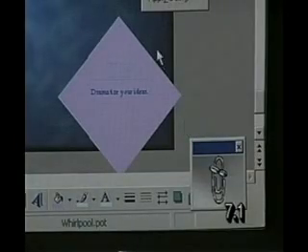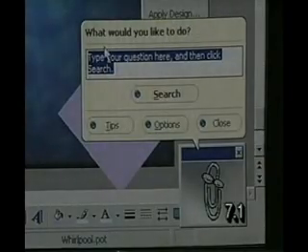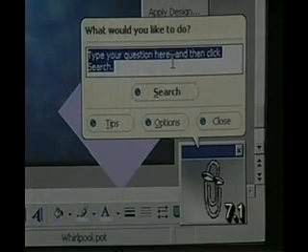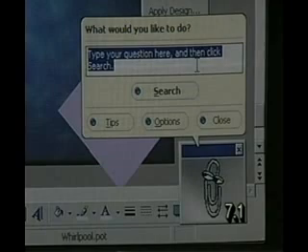Sometimes, in working with PowerPoint, you're simply going to want to search for a topic. For example, maybe you want to learn about notes pages. So, in order to search for that topic, you can go down to the assistant and double-click anywhere on the assistant. Up comes this dialog right here, saying what would you like to do? You can type in any question in an English fashion and then click search to search for information on the question that you asked. I'm going to type in,